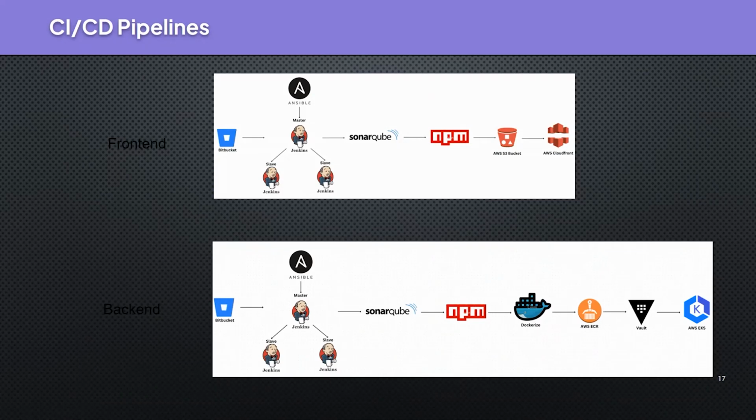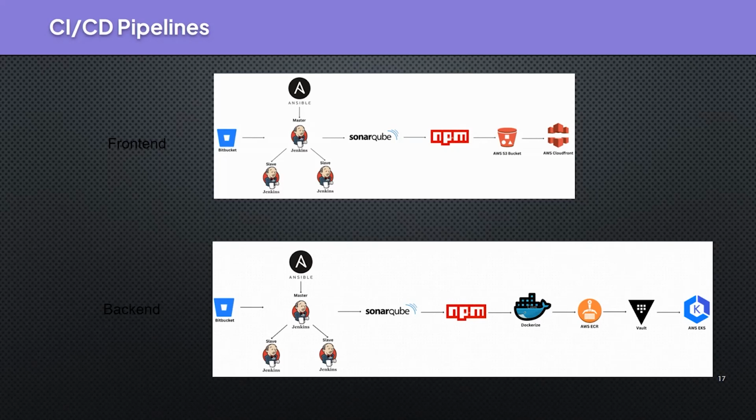Following successful analysis and configuration, the pipeline initializes the build process. The pipeline uploads the application to the relevant S3 bucket based on the branch. Subsequently, it triggers a cache invalidation process for the CloudFront distribution, ensuring our users experience the latest changes in real time. For the backend pipeline, we deploy the develop branch to the UAT environment and conduct a code analysis using